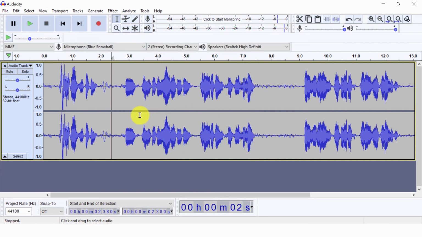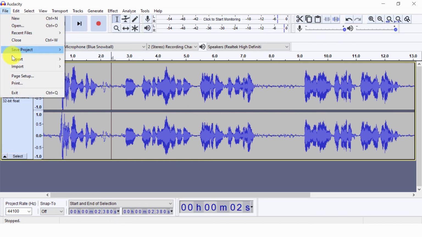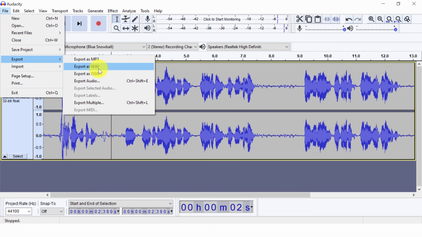This way you can edit your audio, and finally you export it as WAV, which will be very useful when you bring the audio back with your video. Remember, if you are editing only audio by taking it out from the video, you should not cut any portion of the audio, which will mismatch the synchronization of audio and video. So if any editing is required, you do it in audio as well as in video.